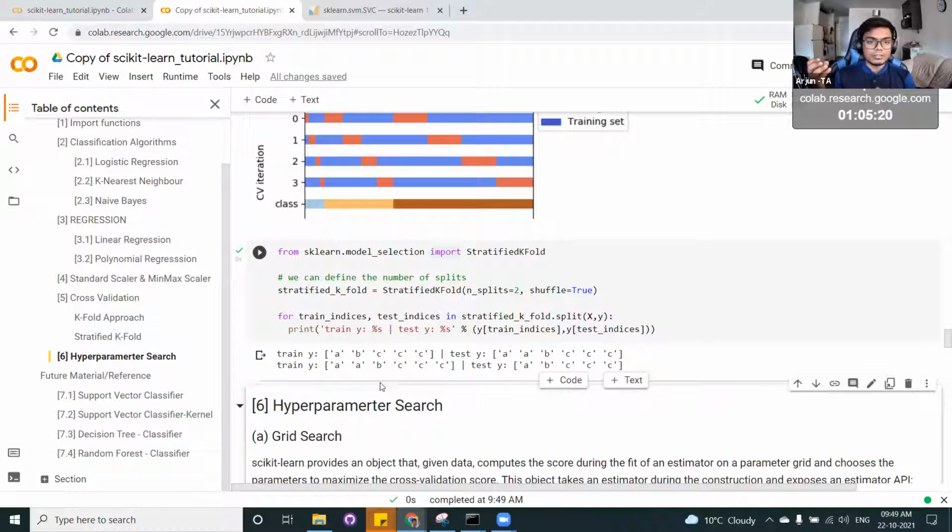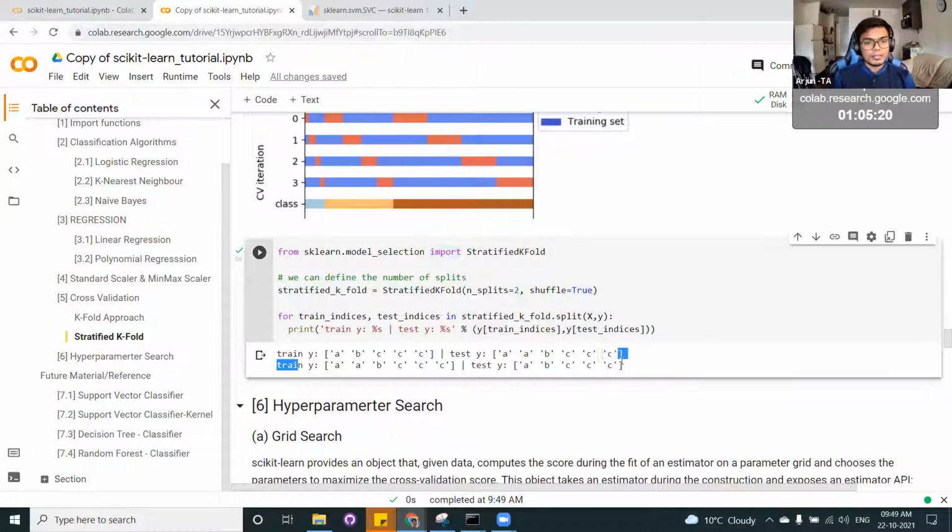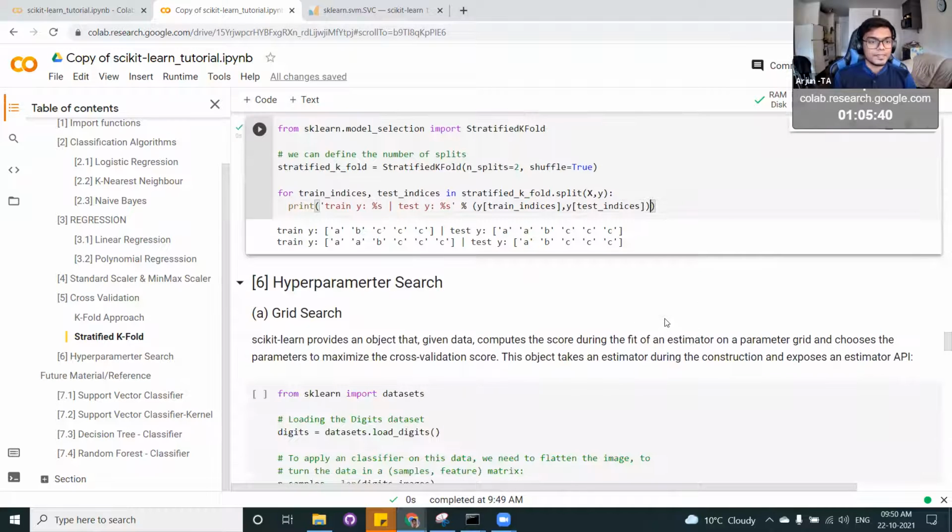And similarly, the test set also has lion, dog, and cat. So in both, you can see it is a good representative for both the training and testing part. So this is also an important strategy in your Kaggle project that you can use to improve your performance even better.